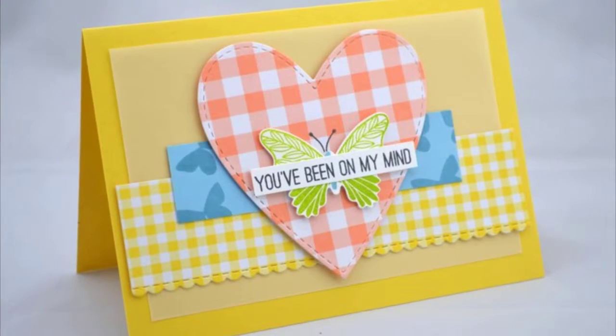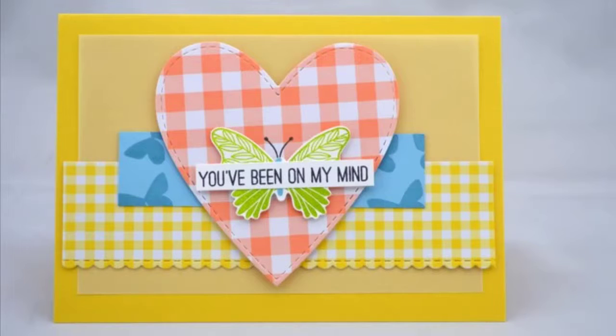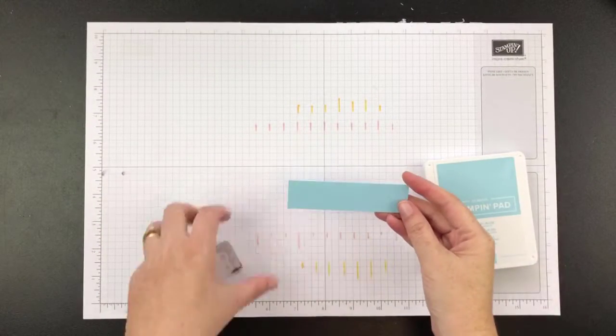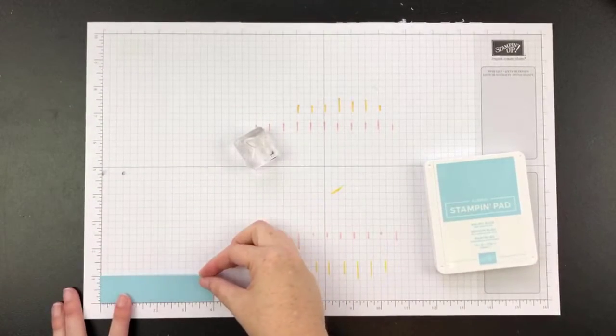In this video I'm going to show you how to create this You've Been on My Mind greeting card featuring Stampin' Up's Butterfly Gala stamp set and coordinating punch. So let's get started. To start with, you're going to need a piece of Balmy Blue cardstock that measures 4